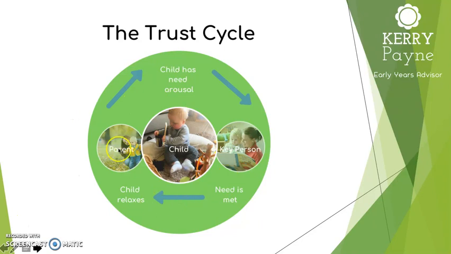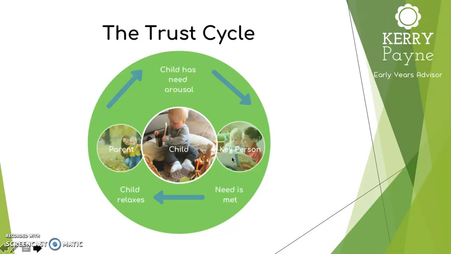Similarly, for a child that goes into nursery, they may be in a nursery where there is a high turnover of staff. The key person may change frequently, and what you've got to imagine is if a child has a need and they have a different member of staff, a different key person meeting those needs each day, it's very unlikely that they're going to be met in the same way and within the same time frame.